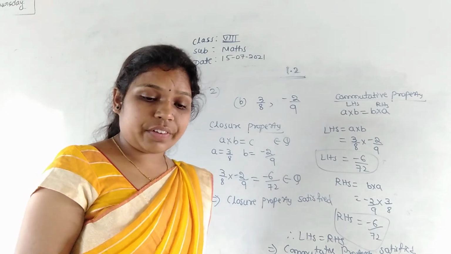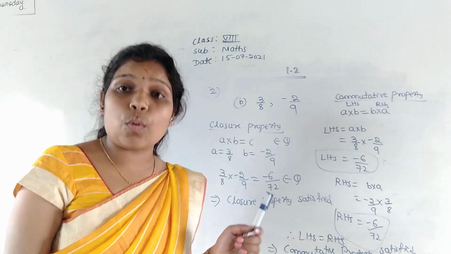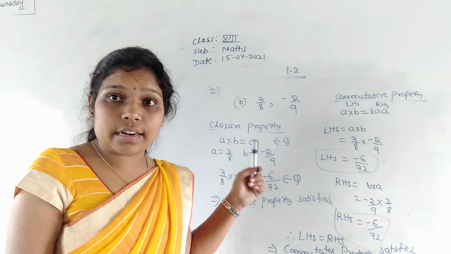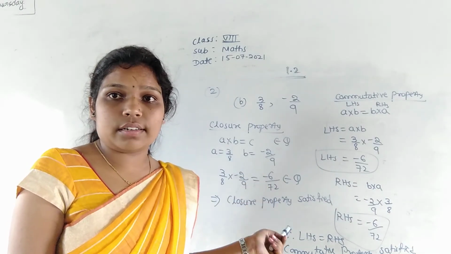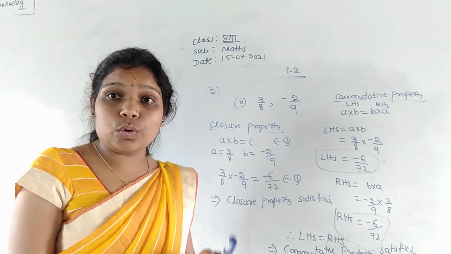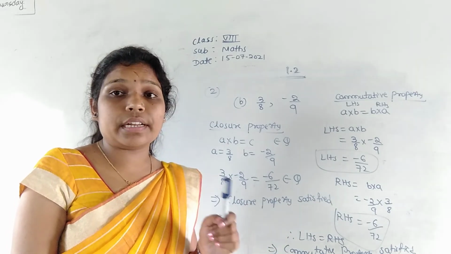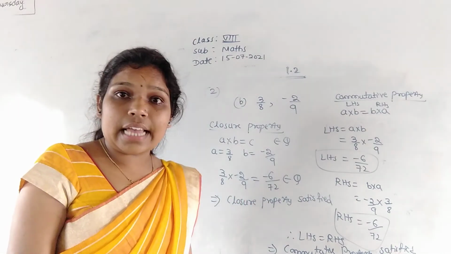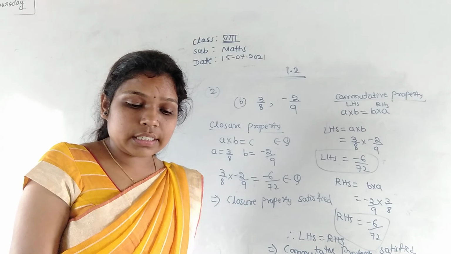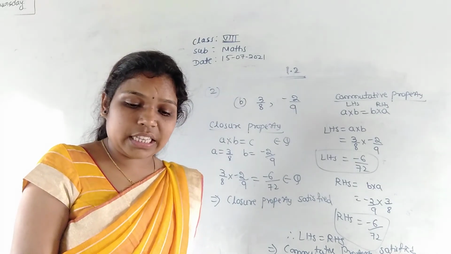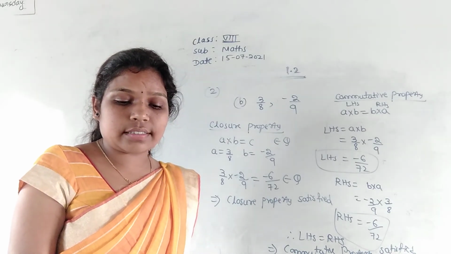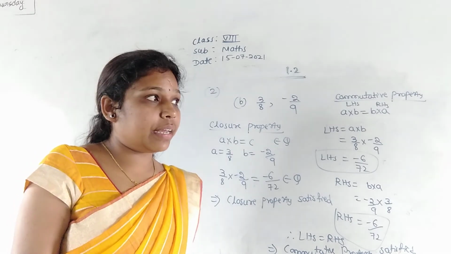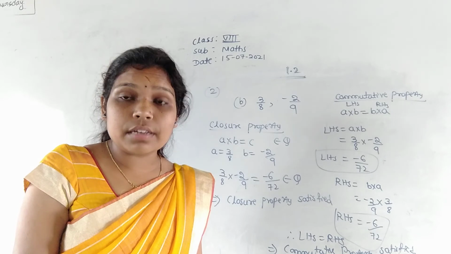I hope everyone is understanding. These are based only on the properties. If you understand the properties properly, then only you can understand all the problems. Otherwise, you can't understand. So please once again go through all the properties, study the properties properly, and after that we'll solve the next mains. In the next class we continue with the third main. So homework is to solve exercise number 1.2 first main and second main, as well as write the multiplication properties of rational numbers 2 times.